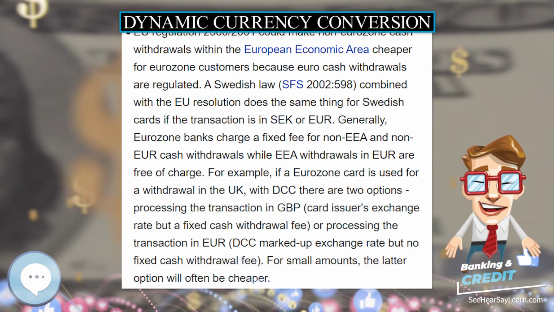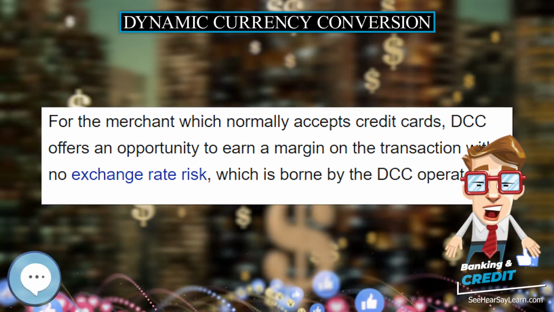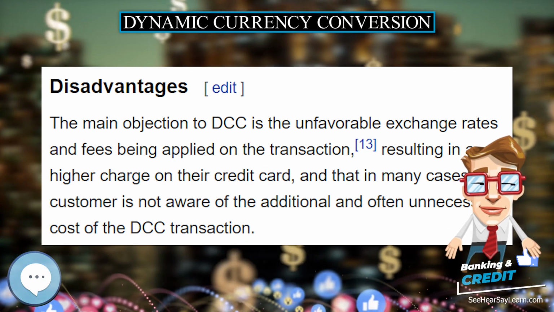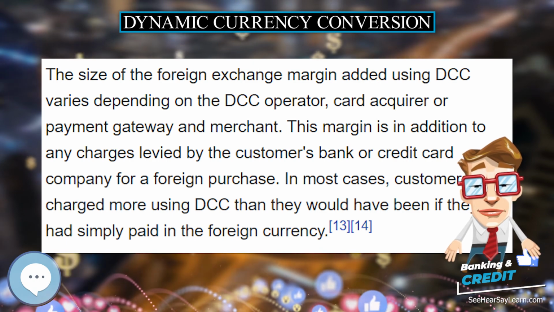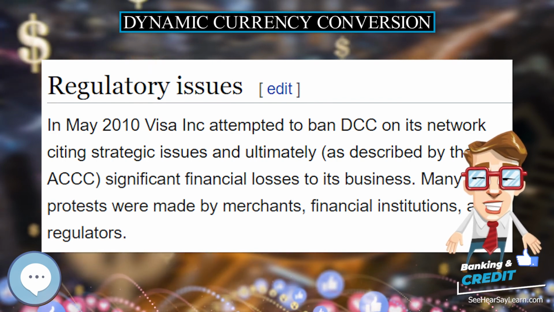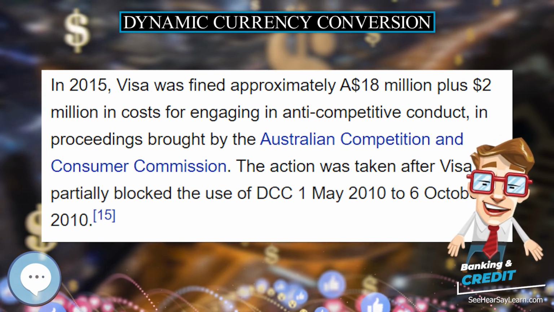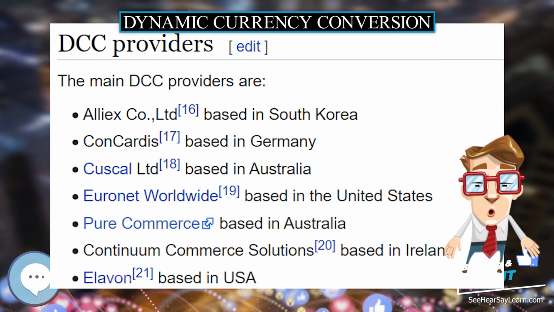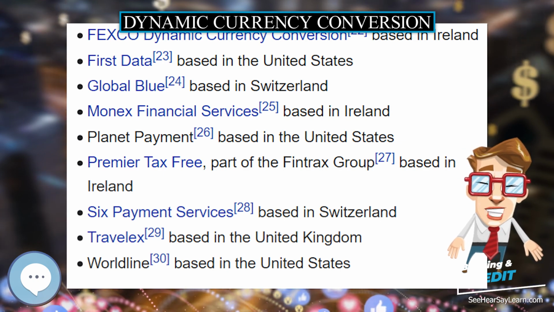Regulatory issues: in May 2010 Visa Incorporated attempted to ban DCC on its network citing strategic issues and ultimately, as described by the ACCC, significant financial losses to its business. Many protests were made by merchants, financial institutions, and regulators. In 2015, Visa was fined approximately $18 million plus $2 million in costs for engaging in anti-competitive conduct, in proceedings brought by the Australian Competition and Consumer Commission. The action was taken after Visa partially blocked the use of DCC May 1, 2010 to October 6, 2010. DCC Providers. The main DCC providers are